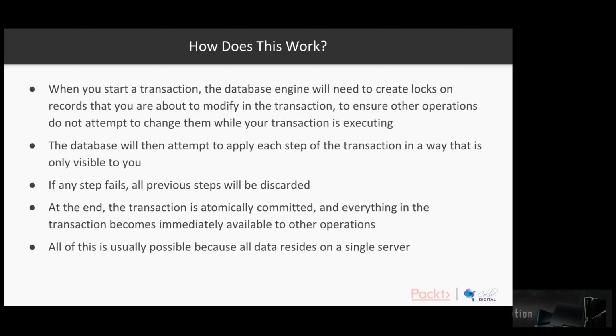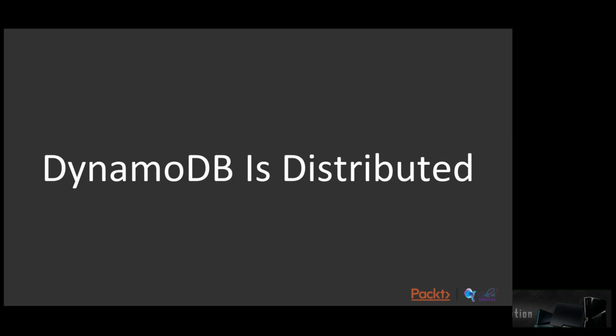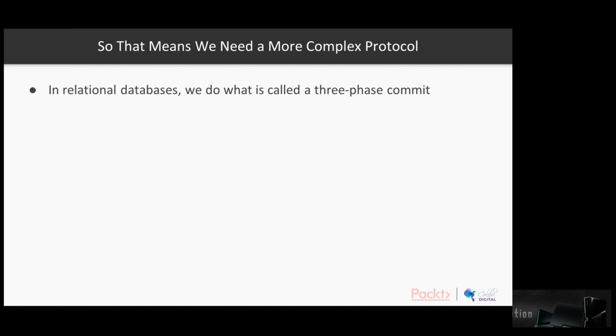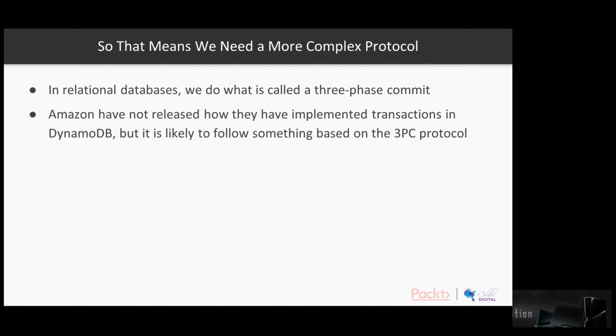Now, all of this is usually possible because all data resides on a single server. But DynamoDB is distributed. Data doesn't reside on a single server. In fact, it resides on many, many servers. So that means we need a more complicated protocol for performing commits. In a relational database, if we have multiple shards or multiple database engines, we perform what's called a three-phase commit. Now, Amazon haven't released how they've implemented transactions in DynamoDB, but it's very likely it follows something based on